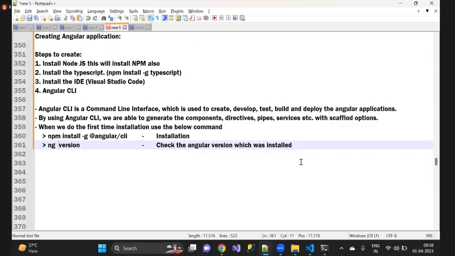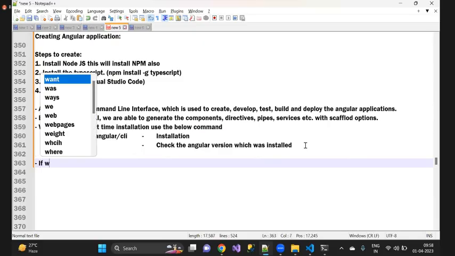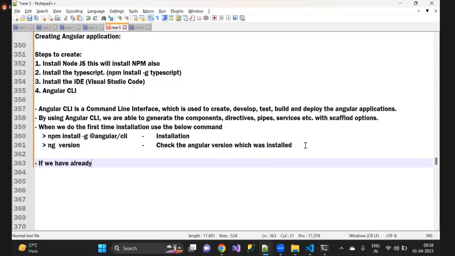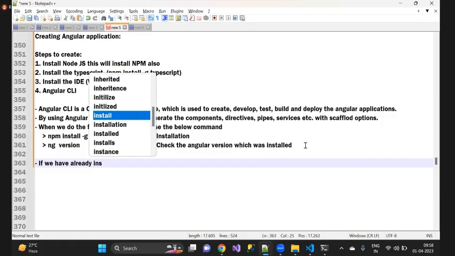That means I'm having the latest version in my system because I'm taking the Angular sessions even in the morning as well. So that is where I come up with the latest version. Suppose there is a new version, then how? That means if we have already installed, and we